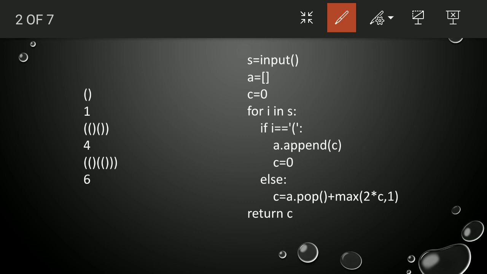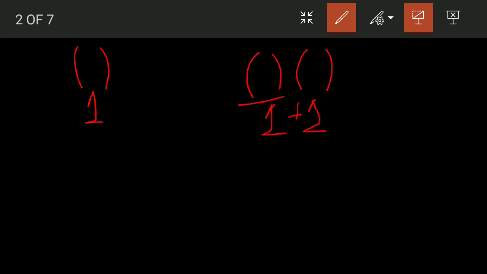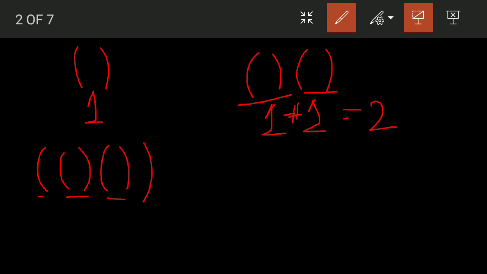So you can see it here as well. This is considered as score 1, this is considered as score 4, and I will explain this one. Before going to that, if this is there, then it is 1. For example, if it is here, this one and this one, so 1 plus 1. When it is completed, not inside any other, then it will be added, so it is equal to 2. But when this bracket is inside this bracket and this bracket as well inside this bracket, so this bracket is single 1, this bracket is single 1.